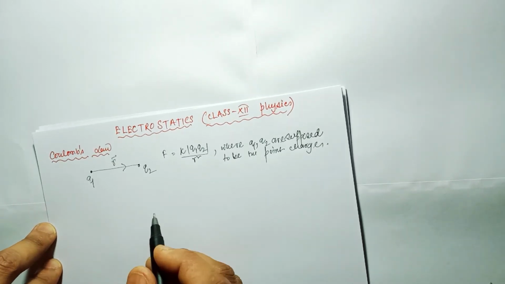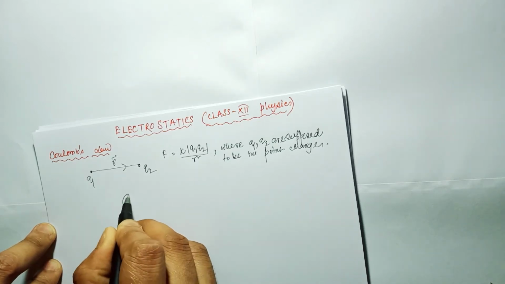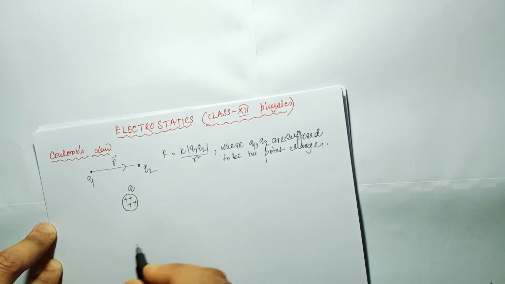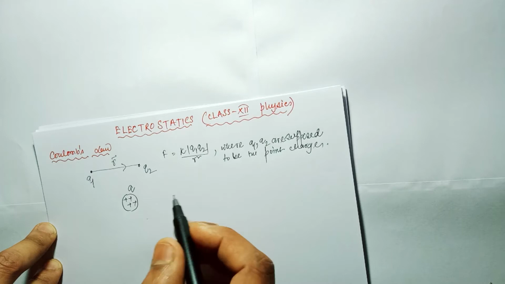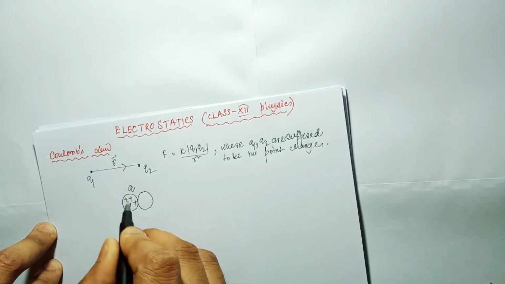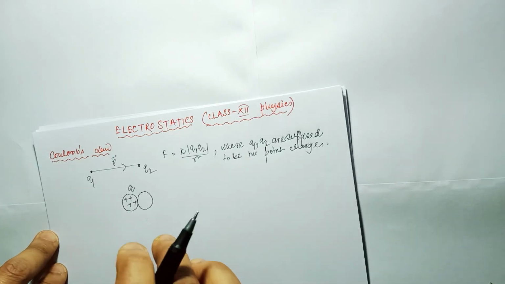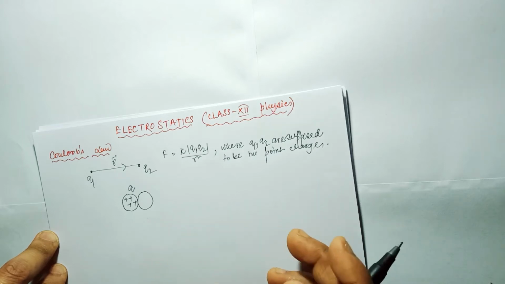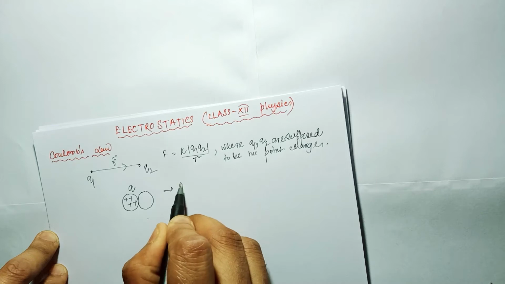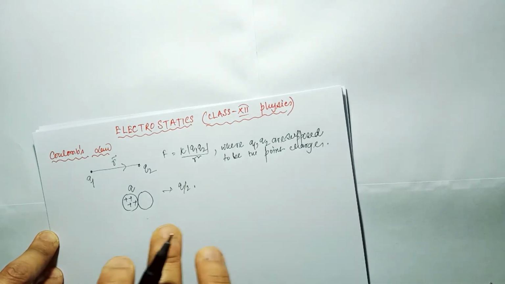So you can see, suppose the charge is on a metallic sphere of q. It is a metallic sphere and it is charged, suppose positively charged, and suppose we bring some uncharged sphere into contact with the charged sphere having the charge q. So we know what happens: there will be some charge transfer, and both of the spheres will be equally charged by the value of q by 2. While repeating the process we can get charges like q by 2 and q by 4.